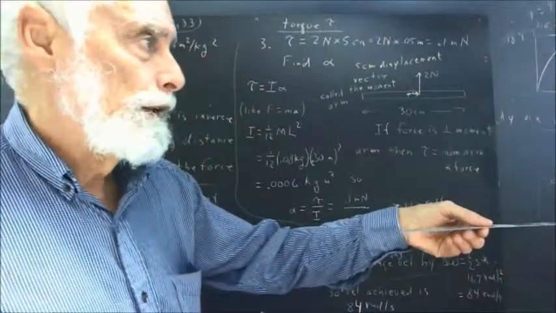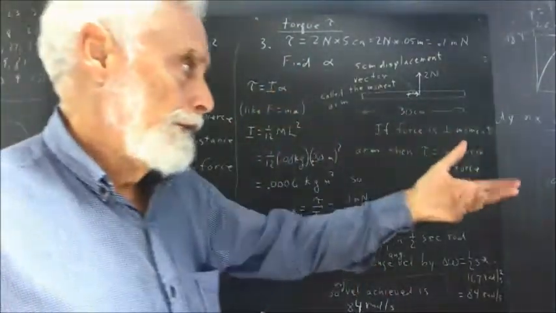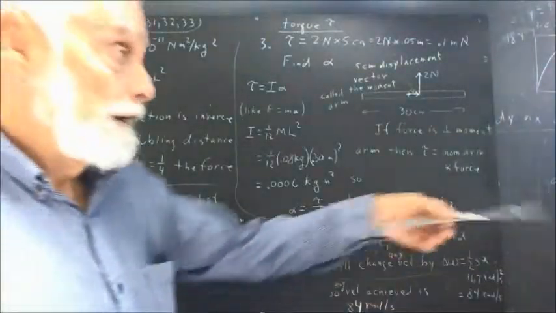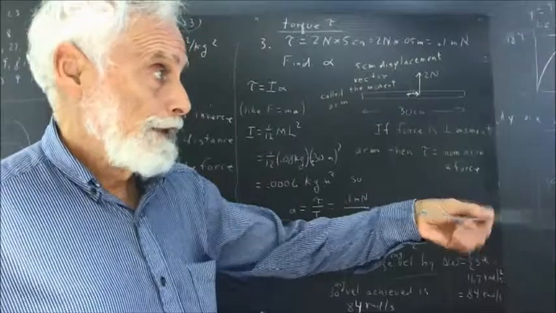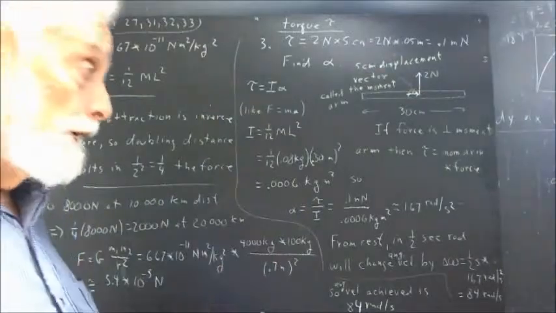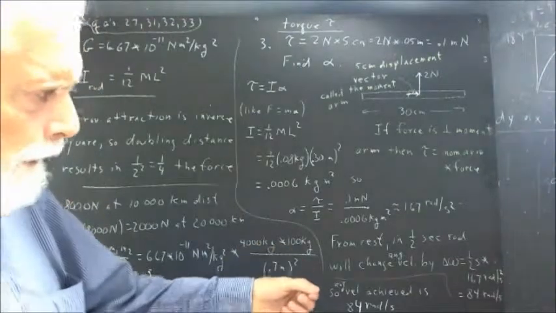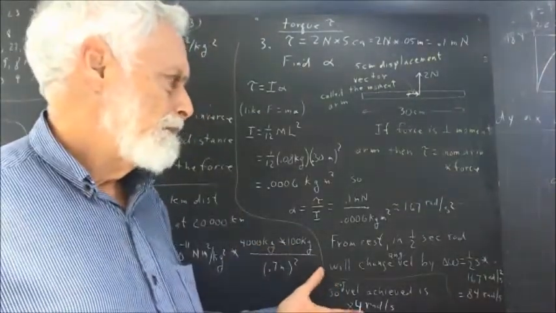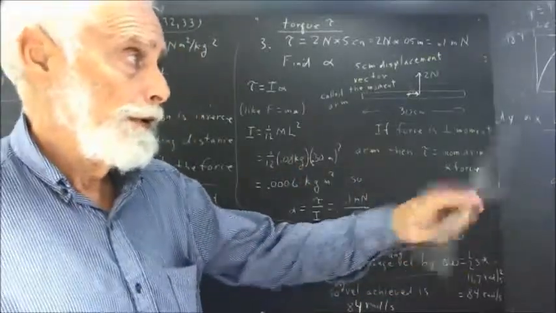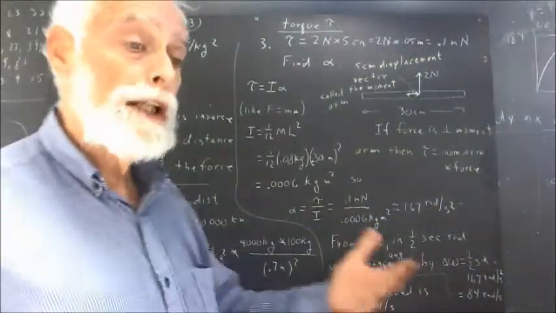So what was my average angular velocity between here and here? Well, the average angular velocity would be the 3 radians divided by the quarter second, 12 radians per second. What would our final angular velocity be? Starting at rest, I come around to here, I've got quite a bit of angular velocity. If the average is 12 radians per second, then the final would be 24 radians per second. In a quarter of a second, if we divide the change in angular velocity, going from 0 to 24 radians per second,